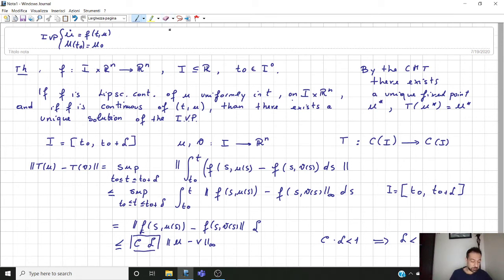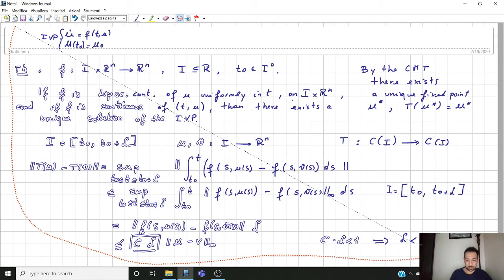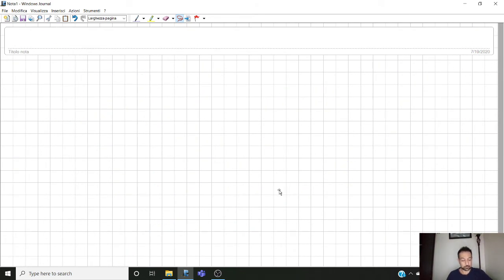Okay, so at this point, let's take a look at some examples of such ordinary differential equations. In this first example, we're going to consider a linear ordinary differential equation with continuous coefficients. So we're going to have an equation in the form u dot of t equal to a of t, u of t, plus b of t, and then we have the initial value u of 0 equal to u sub 0,